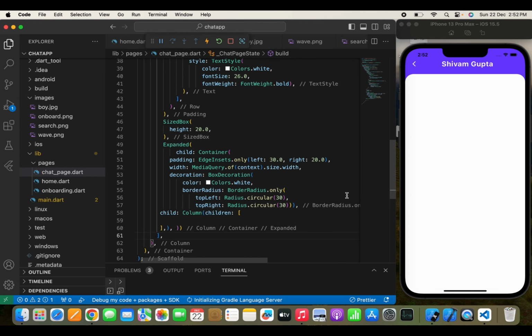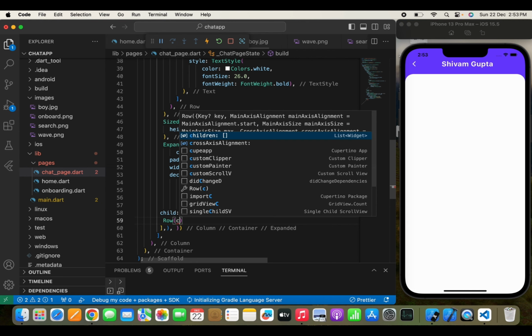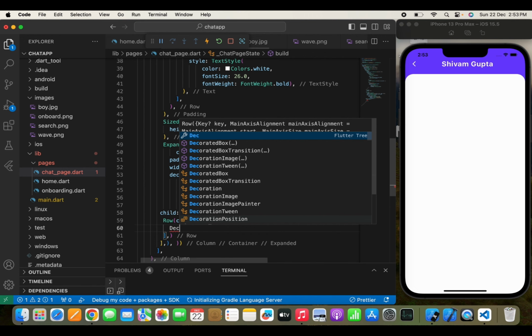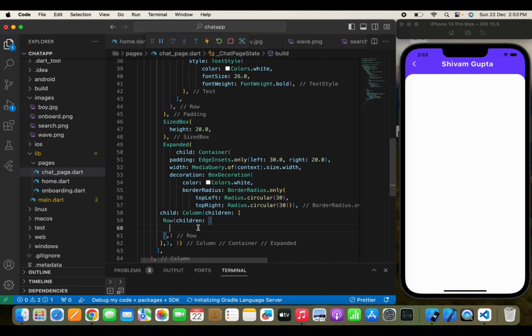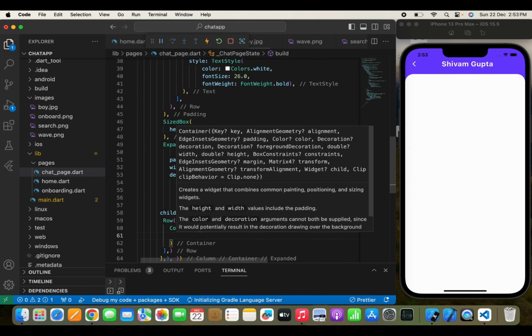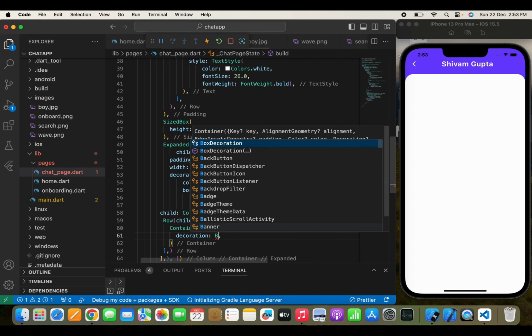Now the message that has been sent by me will be shown over here on the right side, and the message sent by the user with whom I am having a chat will be seen over here. This will simply help the user to know what messages they are getting from the other user, right? Now here I will simply use a row and children. We need to write a container, and we need to write a decoration first, a BoxDecoration,